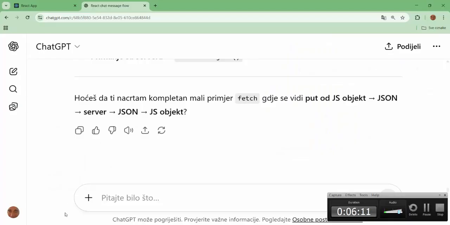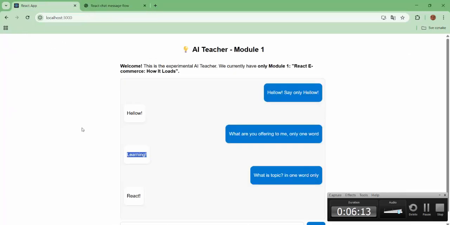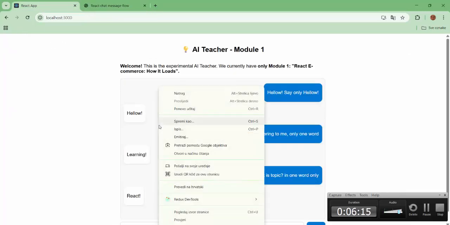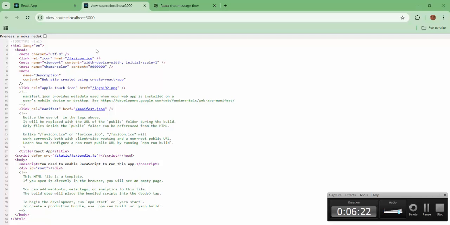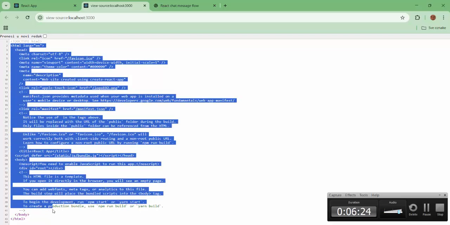Here is a permanent. Look at right. Look at source of page. What is it? It is a permanent document object model. Because of that, we call this React application and other JavaScript library application and framework a one-page application,